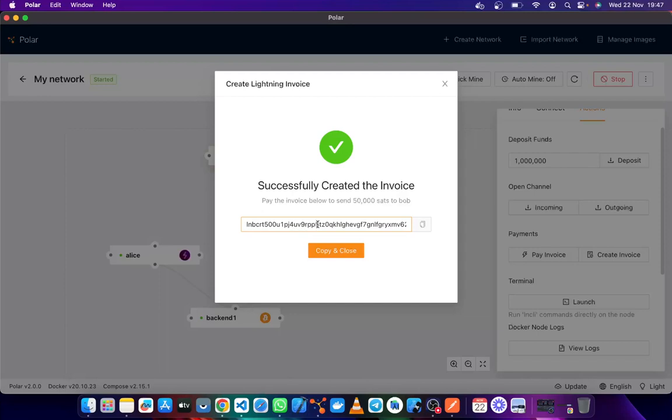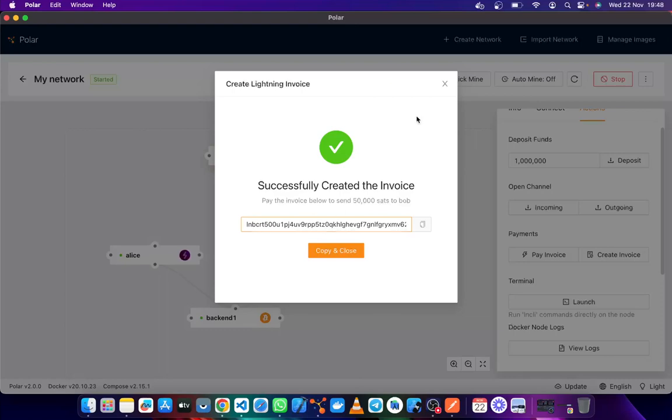So what Shukuru does, it will scan this string and it will decode it. When it decodes that, it will give you this. It will know where, under this Lightning node, this key, it has the public key of the node that created it, the amount, the position that the node is, the network fee, which is usually 1 sat, and then maybe the hops where it's going to pass through.